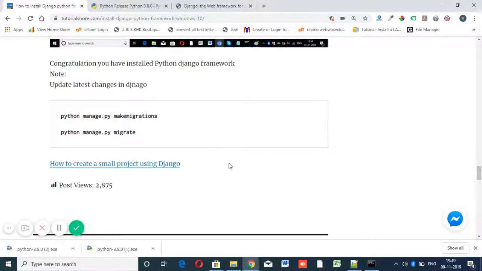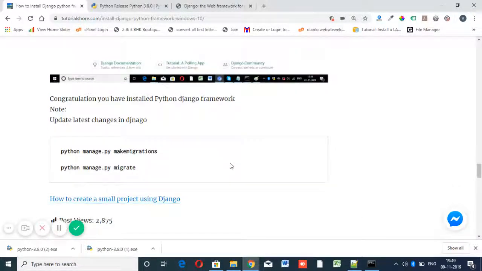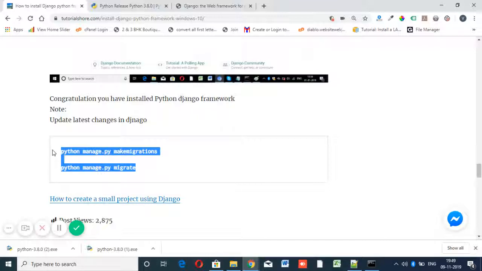So this is how we can run specific commands like that. When we make any changes, you have to run python manage.py makemigrations and migrate. So when you are adding more